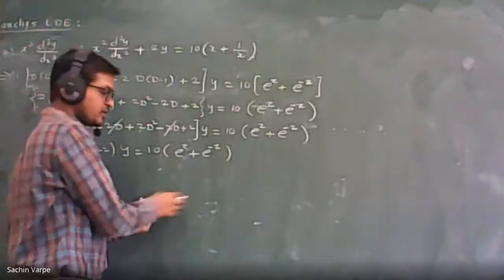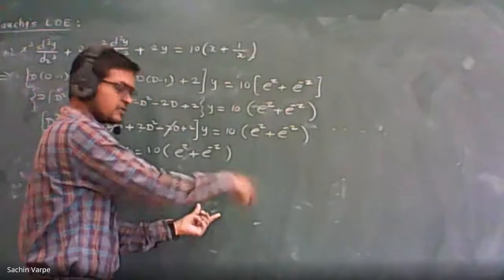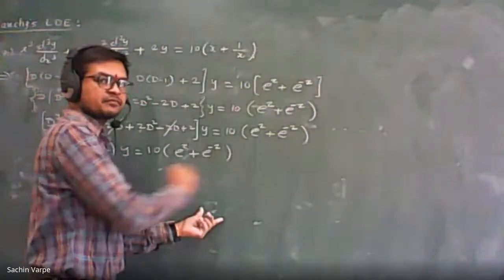Sir, while solving, we know which shortcut method we are using, but every time do we have to mention that we are using this shortcut method? No, you don't need to mention the reason. You can directly apply that shortcut method, and you can write in brackets which formula or method you are applying. So we need to write it in brackets every time? Yes, this explanation you have to give.